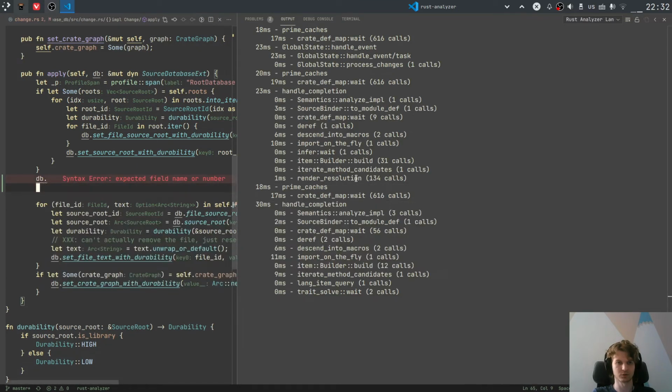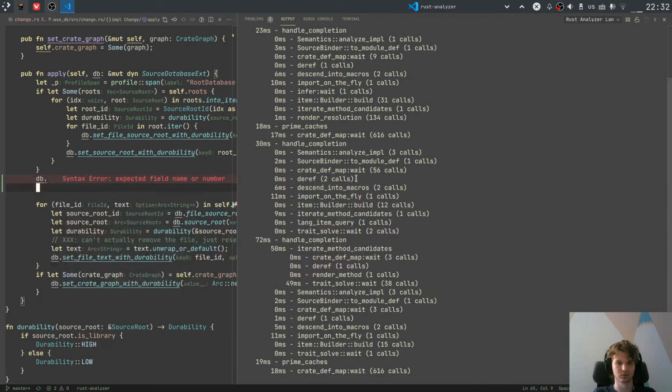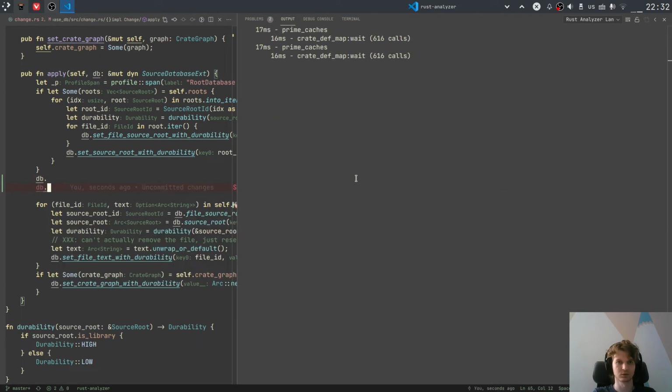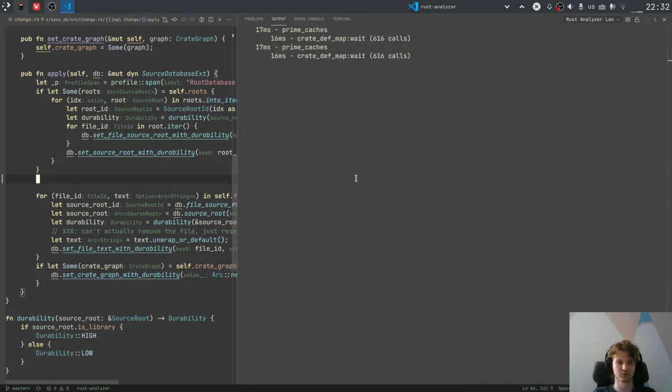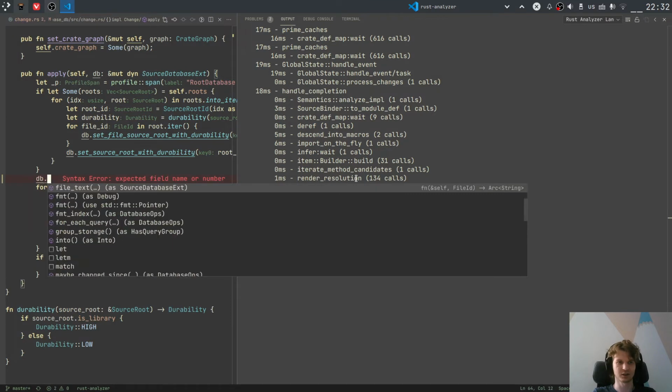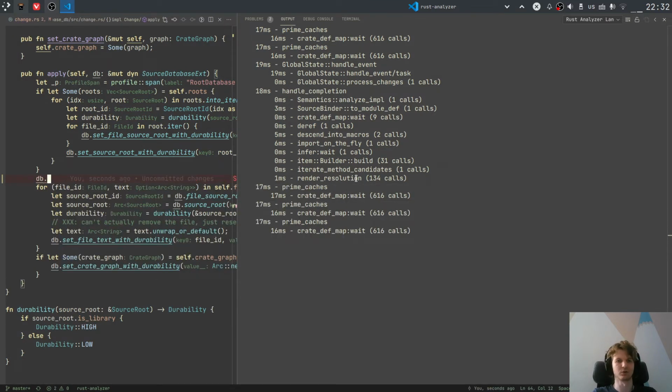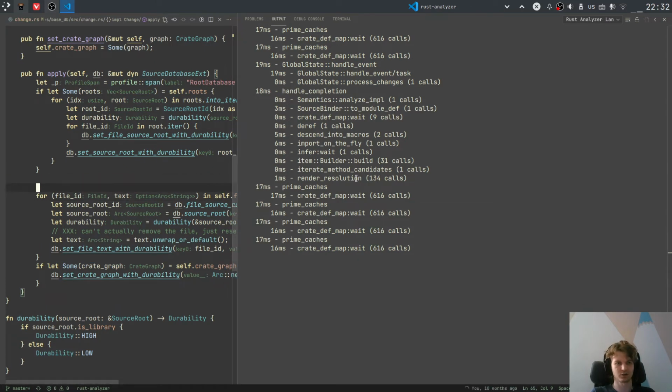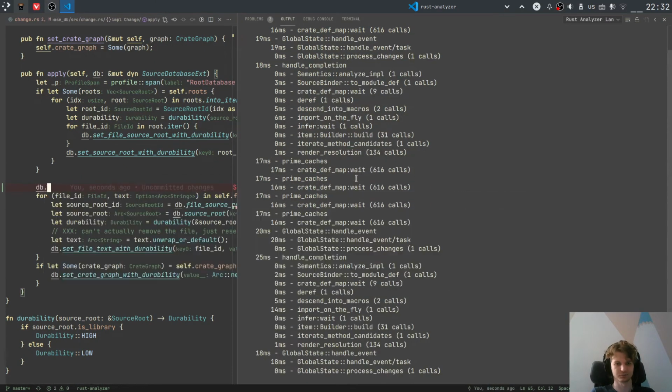Okay, yeah, so we see that after we reverted this change, the stuff did get significantly faster. It was like 70 milliseconds, now it is just 17 milliseconds. And actually you are not seeing most of the things here